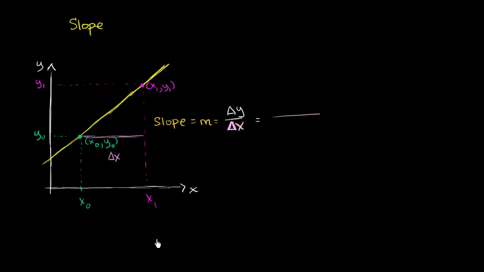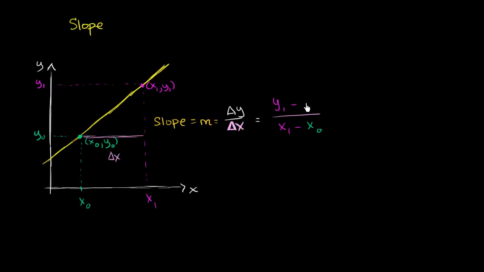And what is it equal to? Well, if we're ending here and we started here, let's just do ending point minus starting point. So it is x1 minus x naught. And that way, doing it this way, I would have made sure that I have a positive value. I'm just assuming that x1 is larger than x naught. And what is my change in y? Well, once again, ending y value minus starting y value, y1